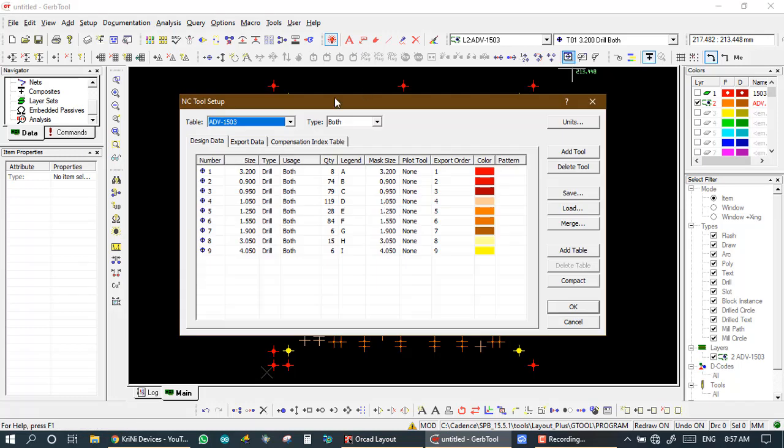Press. So this is number 1 2 3 4 5. This is size, this is type and quantity and color. First, for color, I click on color.